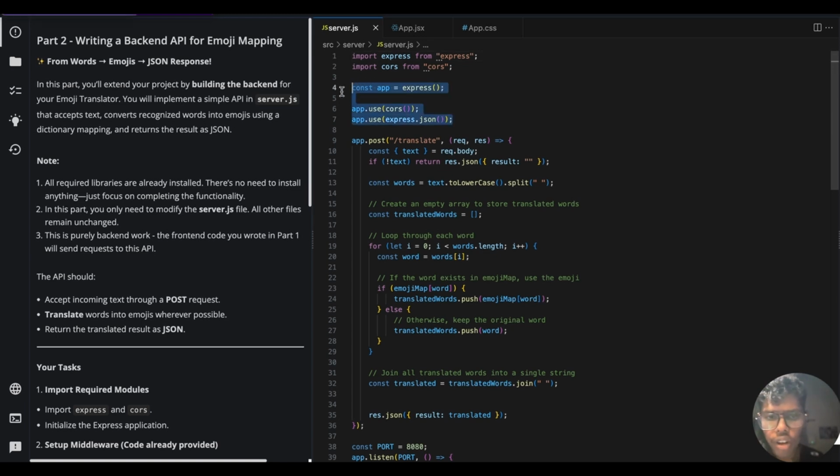Again, we are using cors and express.json. Now, we have post. So basically, we are posting it to the backend when somebody clicks on translate. In the previous part, we had seen translate. When somebody clicks on translate, it has to convert that body. If there is no text, then there is nothing. If there is text, then it splits whatever text is there